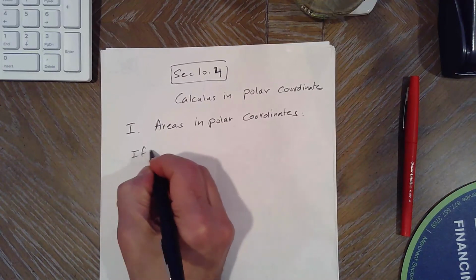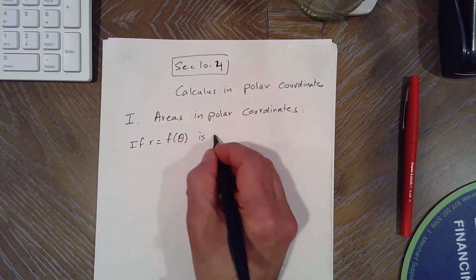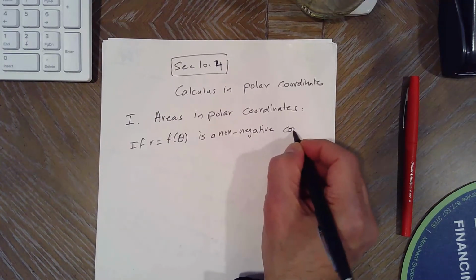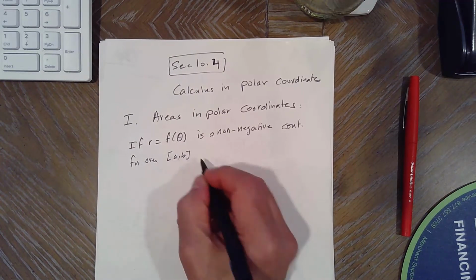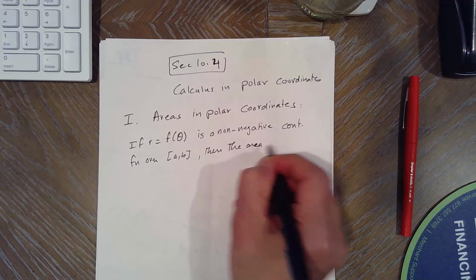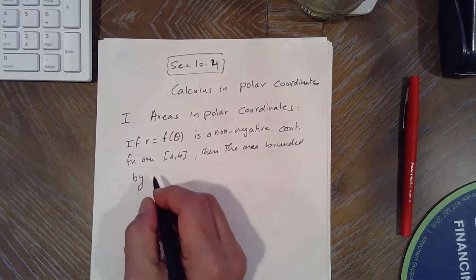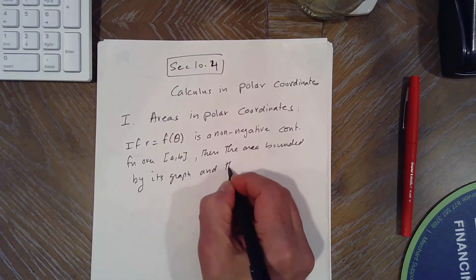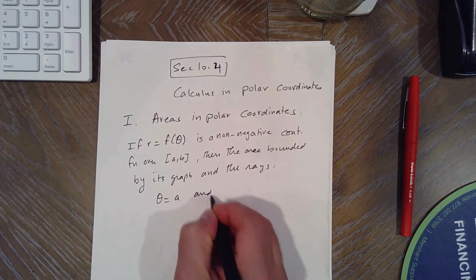So if r equals f of theta, a polar equation, is a non-negative continuous function over a closed interval AB, then the area bounded by its graph and the base theta equals A and theta equals B